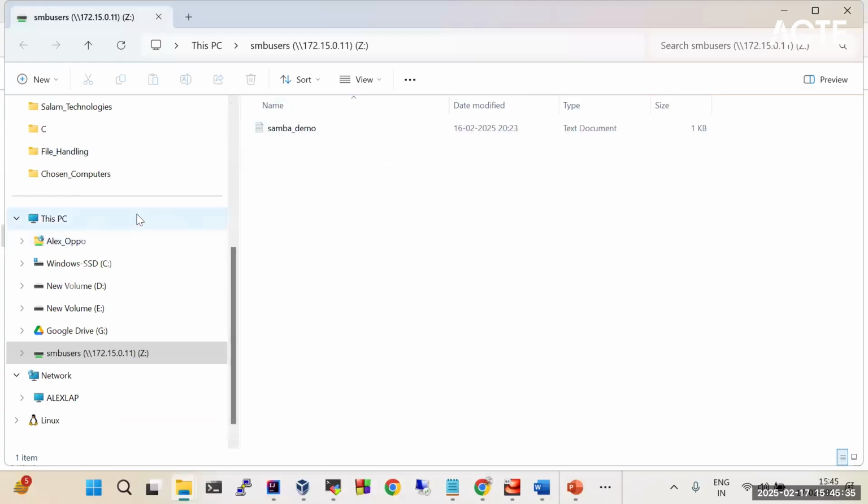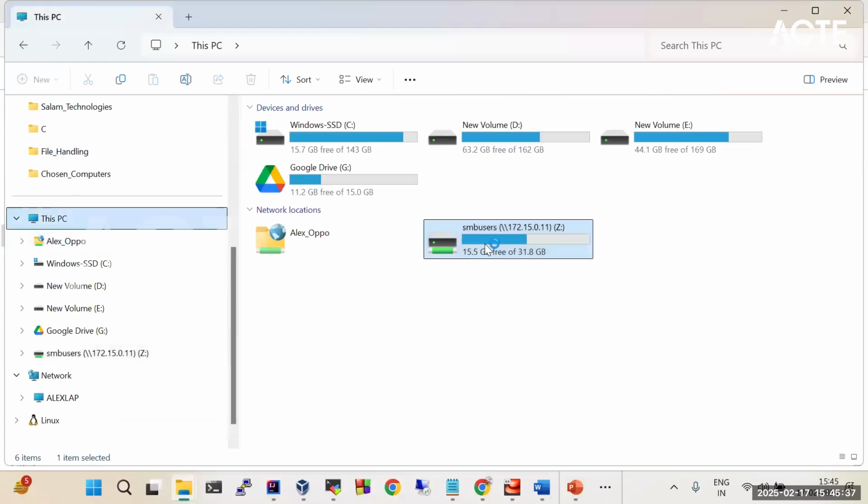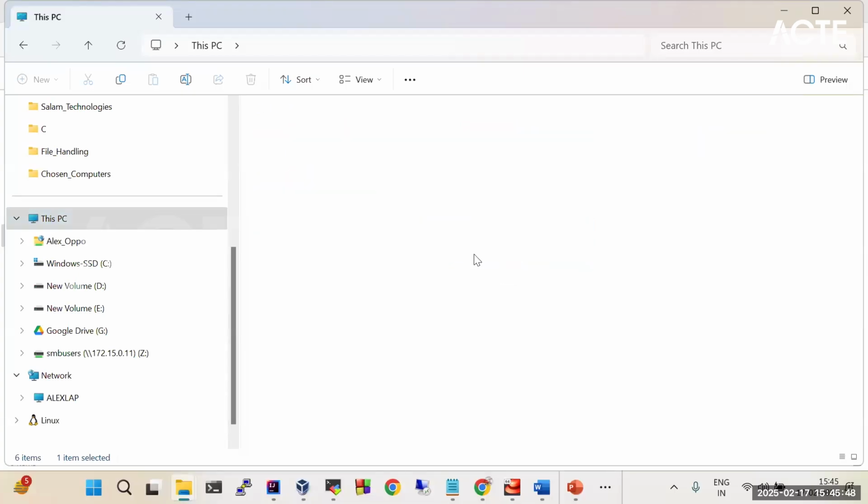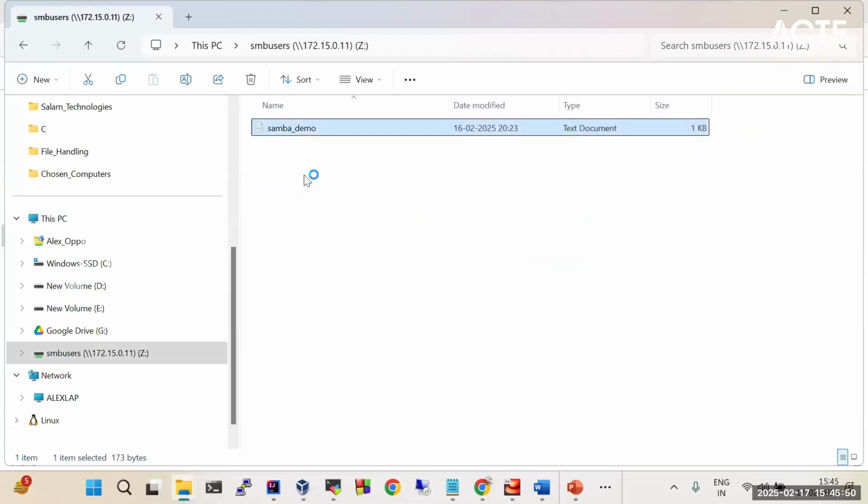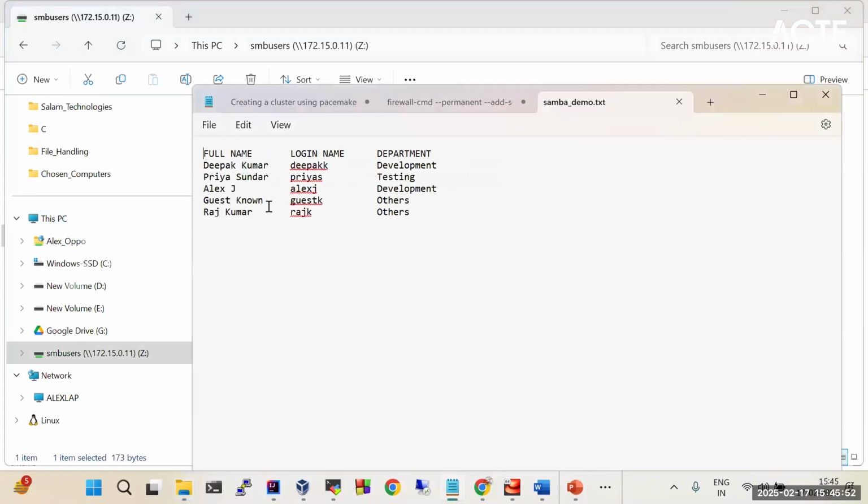Yeah, so now you can see this SMB users directory, which is available in my Windows as well, very similar to a local storage location. If you double click this, I can see this samba_demo file. This file is here, and here I can make